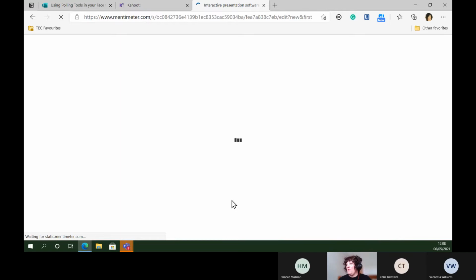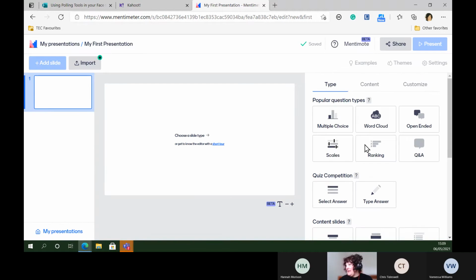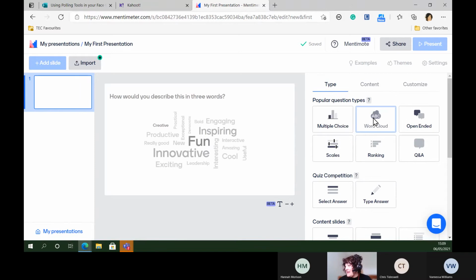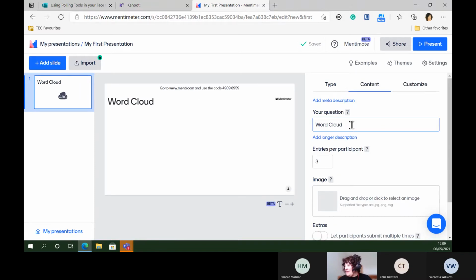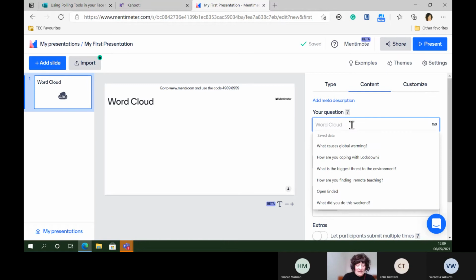and it's going to ask me what kind of slide I'd like to create in a minute. Hopefully. It's going a bit slow. And the thing that most people find useful on Mentimeter is the ability to make a word cloud, which is where you ask a question. The question I was going to ask here is, oh, there we go, word cloud. So I'll choose my question. It's one of those that looks like that when it comes out. And my question I was going to ask was, name